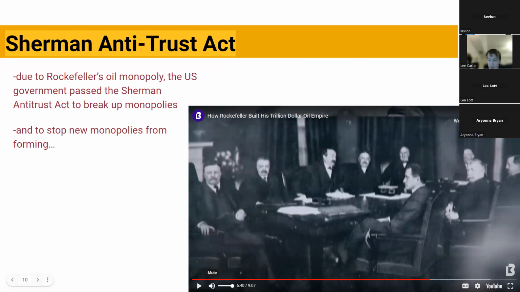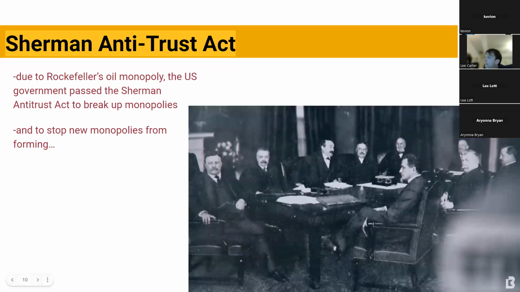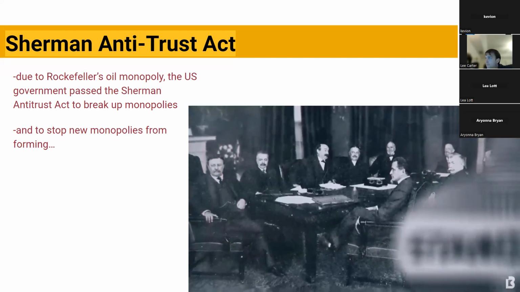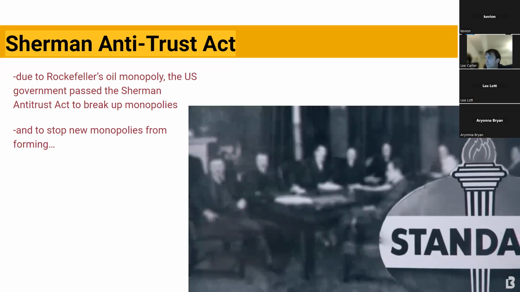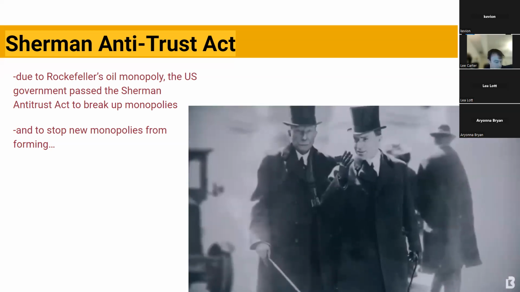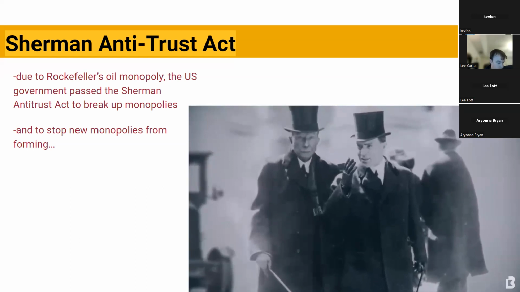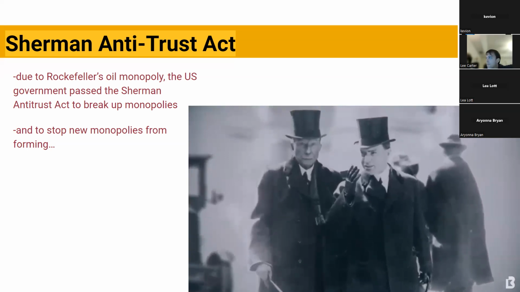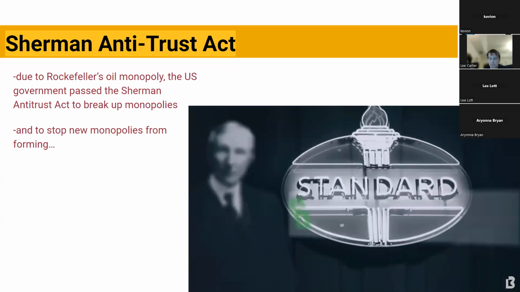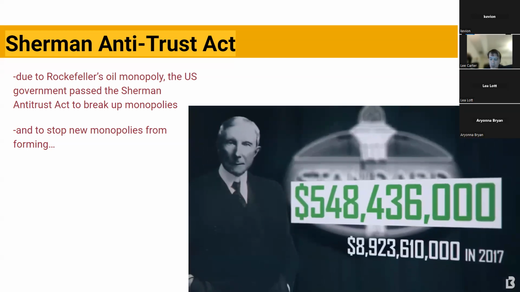He was a senator from Ohio, so if you know the Civil War, that's his brother. The complex legal structure behind all the companies was very difficult to investigate, which is why the government couldn't actually break up Standard Oil until 1911. By that point, however, John Rockefeller had already cashed in and was no longer actively managing the company. In the final 20 years of his company's existence, it had paid out over $500 million in dividends.